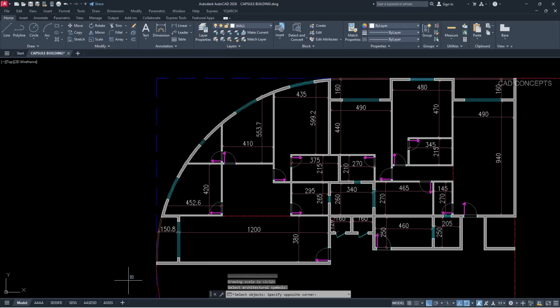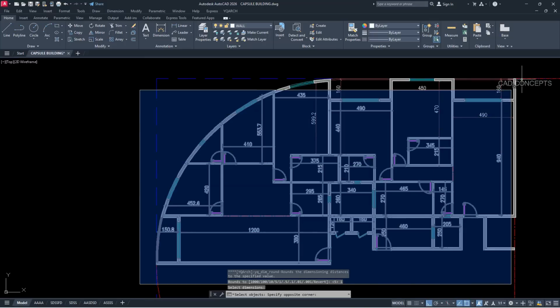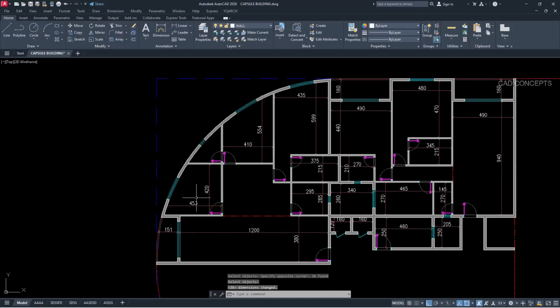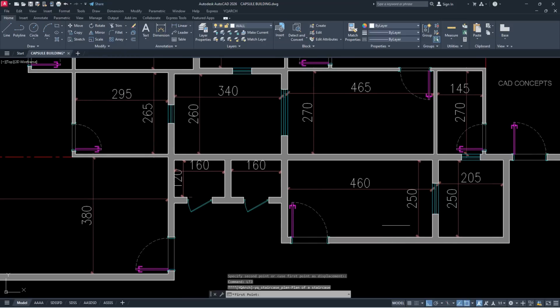Let the dimension scale. Okay, we are getting larger now. Double D0 command, you are getting fraction dimension. Approximate dimension 1, select all. So we'll get approximate dimension everywhere. Okay, LTJ command,